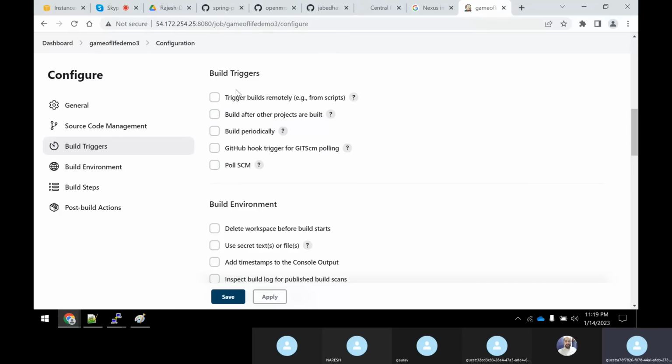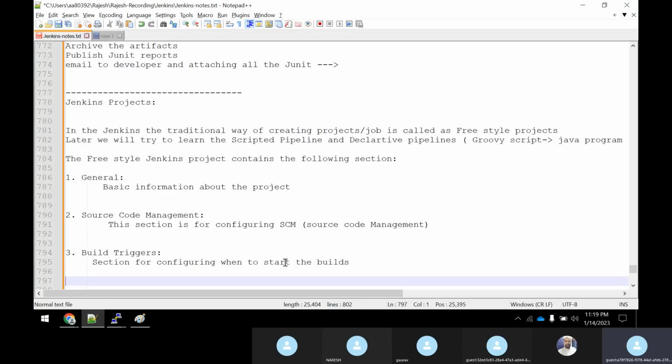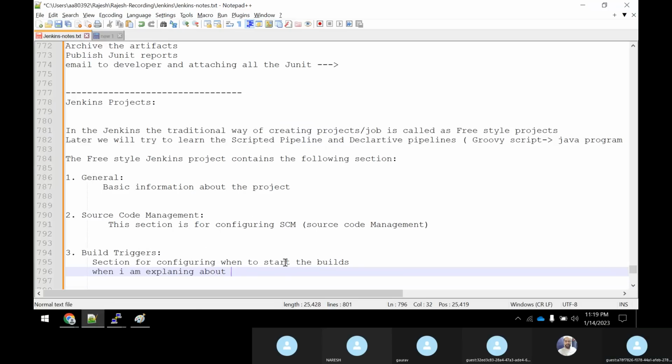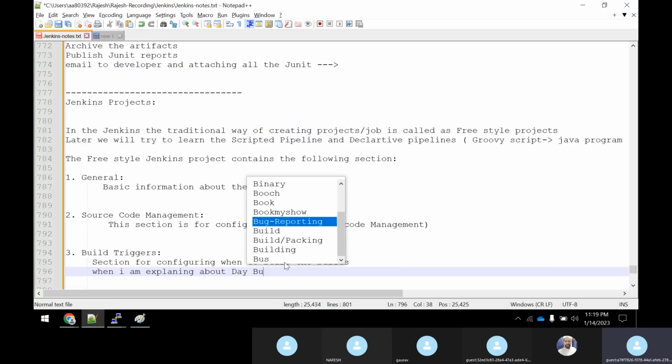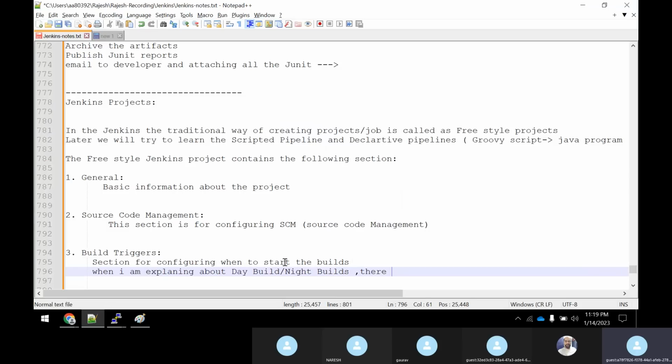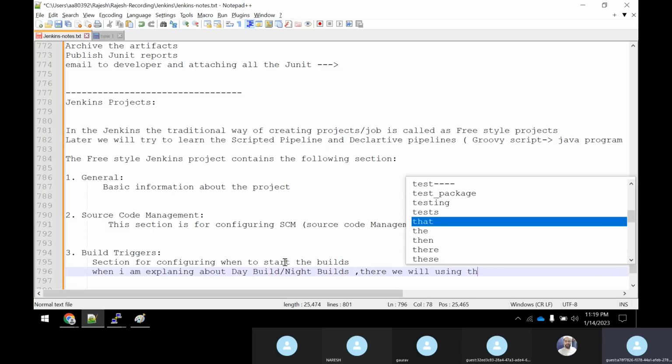These are all very important, guys. There is something known as day builds and night builds. We'll be coming across them shortly in another one or two sessions. For night builds, we will be using build triggers heavily.